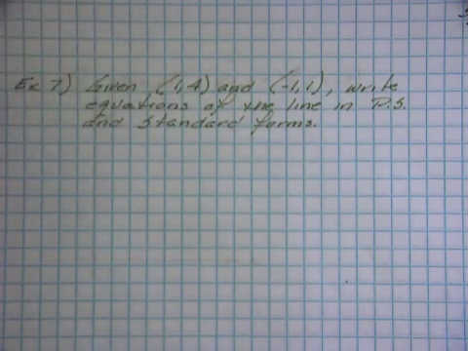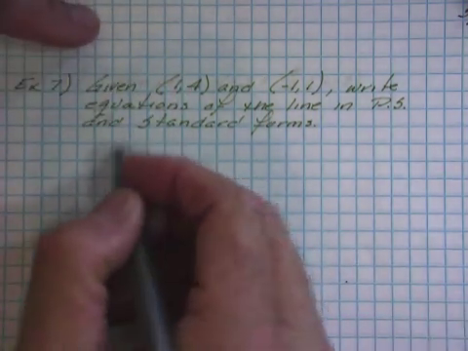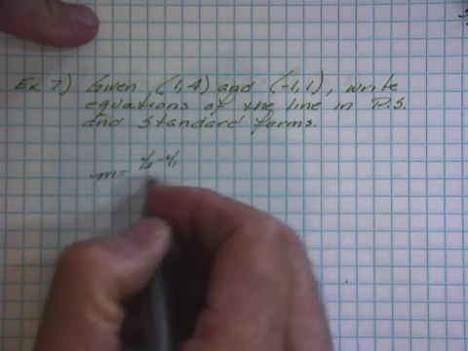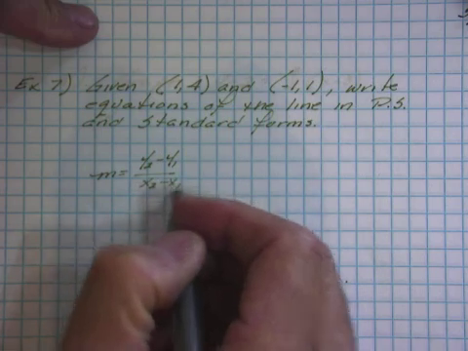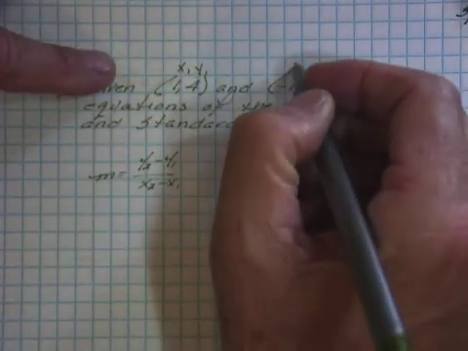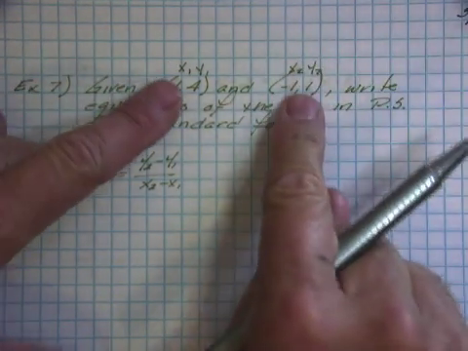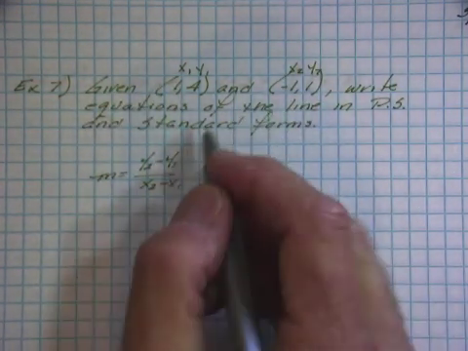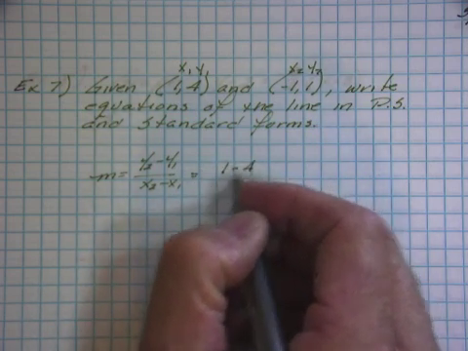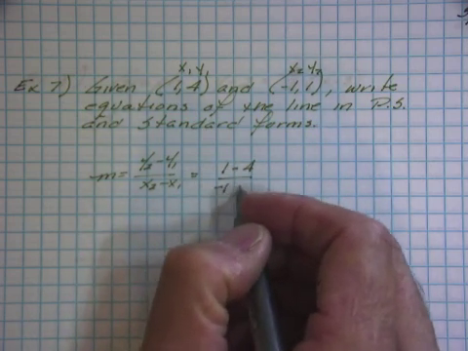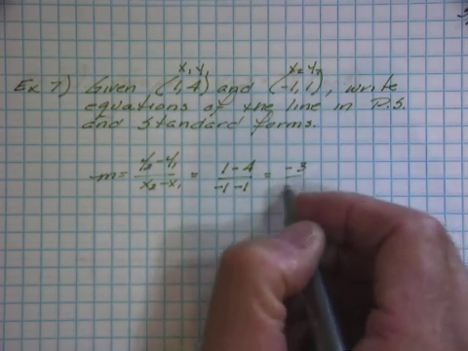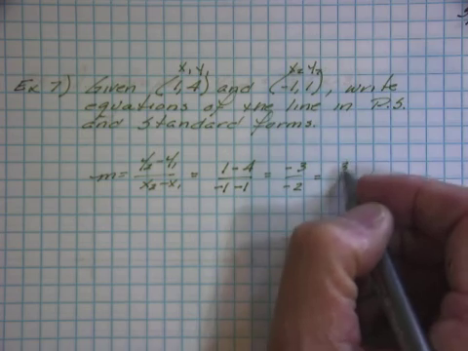All right. Given the point (1, 4) and the point (negative 1, 1), write equations of the line in point slope and standard forms. Okay, now this time you're not given the slope. But if you have 2 points, you can calculate the slope. Slope is y sub 2 minus y sub 1 over x sub 2 minus x sub 1. Okay, we get that. Label your points x1, y1, x2, y2, and plug this information in and you'll have the